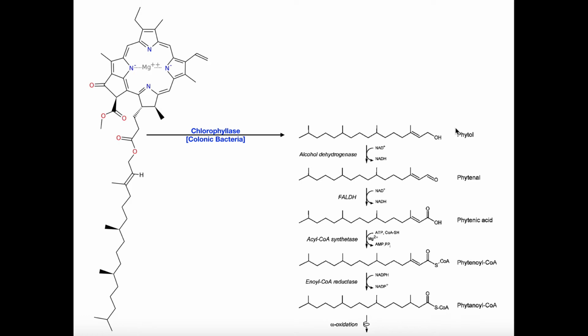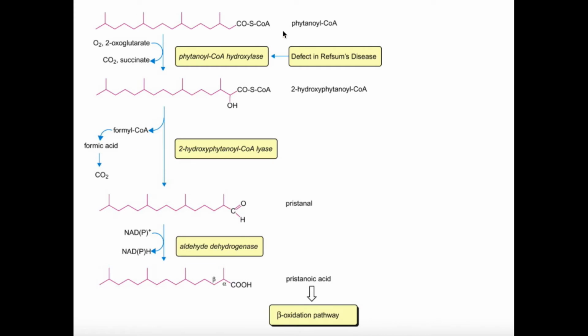And once we had this phytol, we discussed how it can be processed all the way up to Pristanoyl-CoA, and then it can be run through one round of alpha oxidation. At the end of alpha oxidation, we have this molecule called pristanoic acid. It has a carboxylic acid right here, which can of course be ligated to coenzyme A, which would generate Pristanoyl-CoA. I left you with that in that video, and I mentioned that this can really just undergo beta oxidation